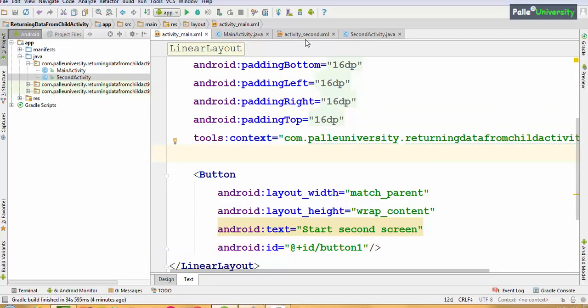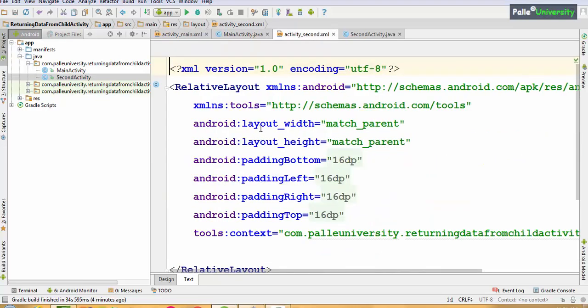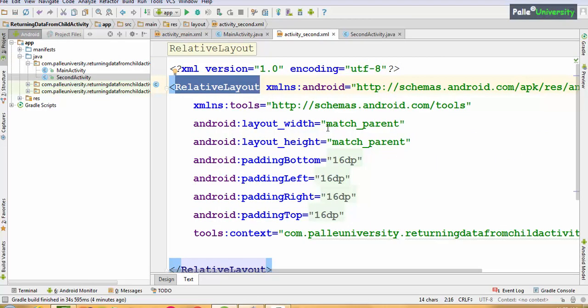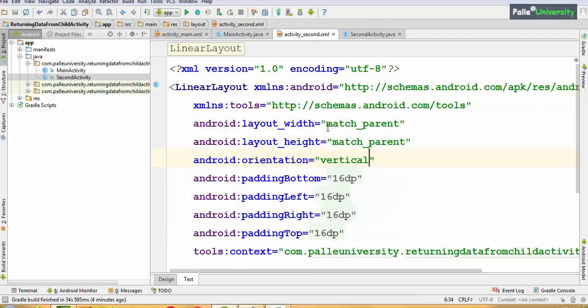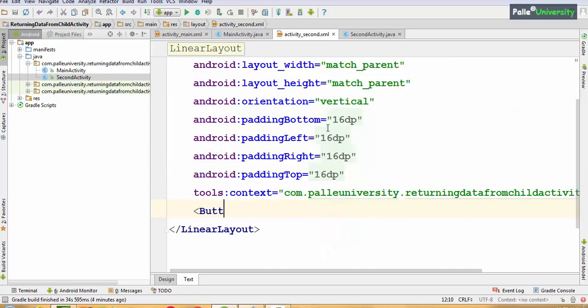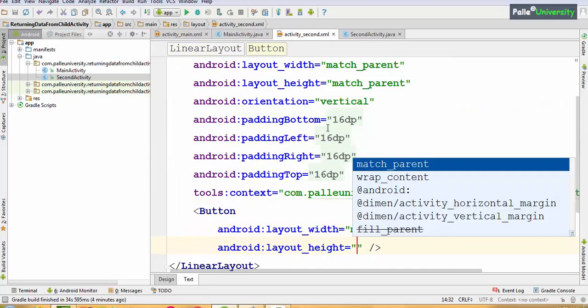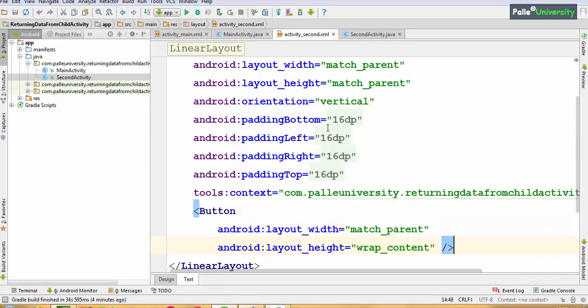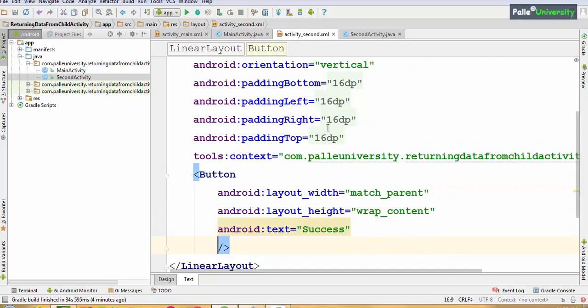Now let me go to the second activity XML where we will take two buttons. First let me take linear layout with orientation vertical. First button, width match parent, height wrap content, text success, ID button 1.